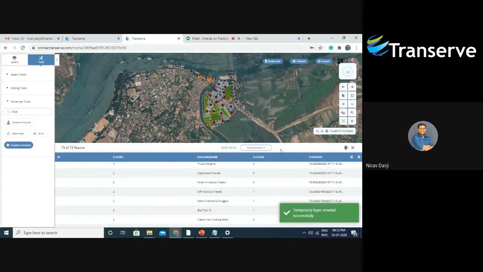Later on, you can also do one thing. You can create a very interesting symbology, and you can show them that under this cluster, you can create a categorized or graduated symbology for this kind of cluster data, which helps you to understand the density of the population in between the districts.